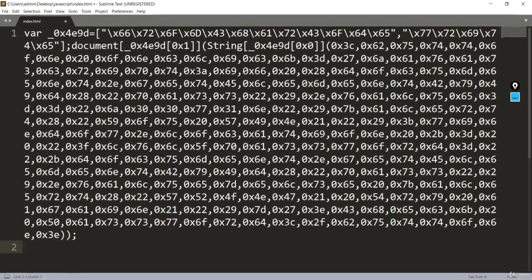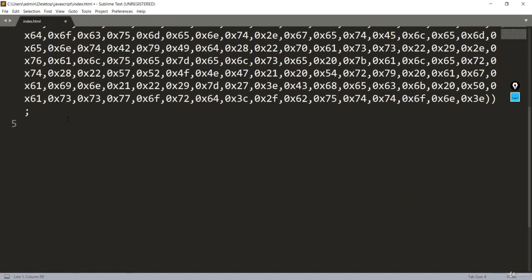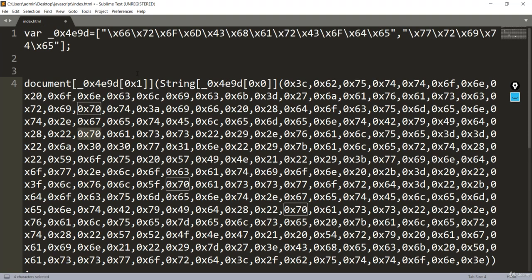So what is this, man? This is your obfuscated code. You are just getting this code where you have two statements, because as you know, JavaScript one-line code will just end with a semicolon. That means you have two statements here. The first statement is this and the second one is over here. So let's see how we can crack this code.